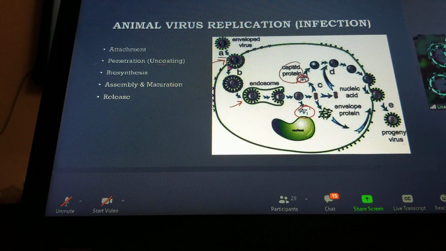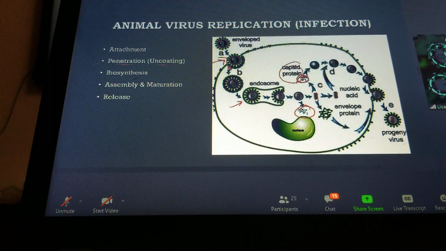So the uncoating process is unique to animal viruses because bacteriophages leave their capsid on the outside of the cell. Their capsid never enters into the cell. It stays outside. So animal viruses, the entire capsid enters into the cell. Also, penetration